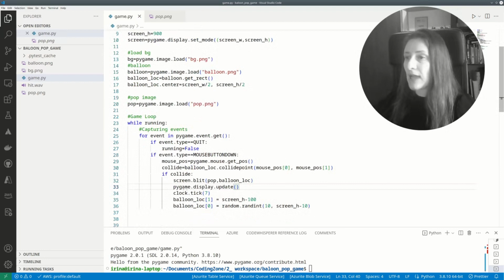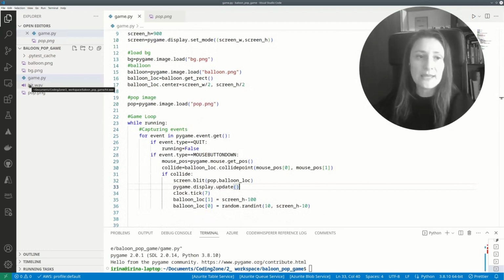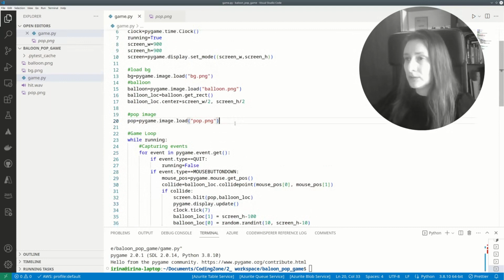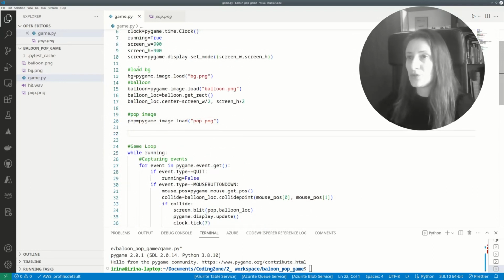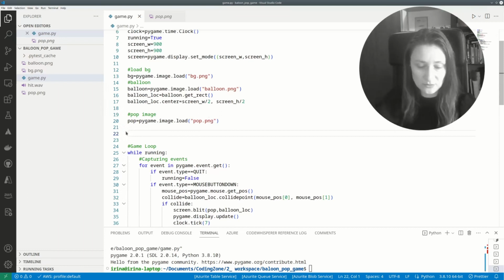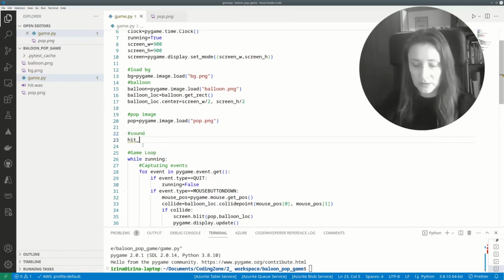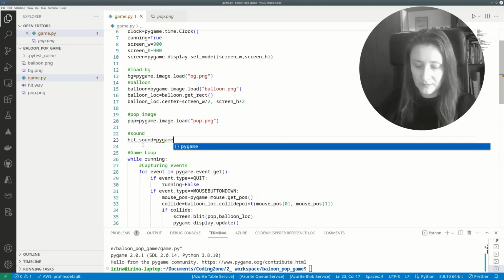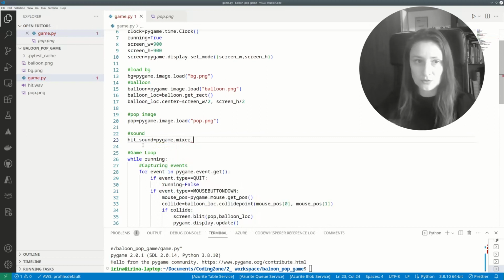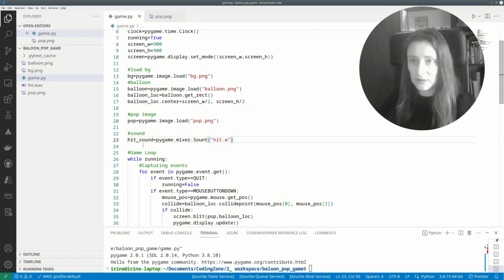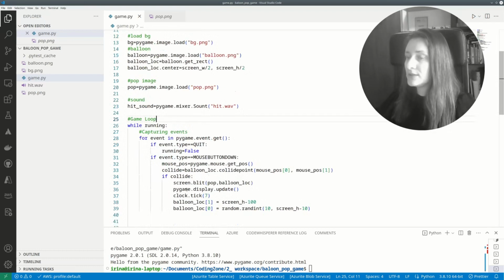Once I click and the balloon is popped, I want to play a sound. After our images, I need to load the sound. hit_sound equals pygame.mixer.Sound, and our sound name is hit. So we loaded our sound. Now we want to play this sound just right here